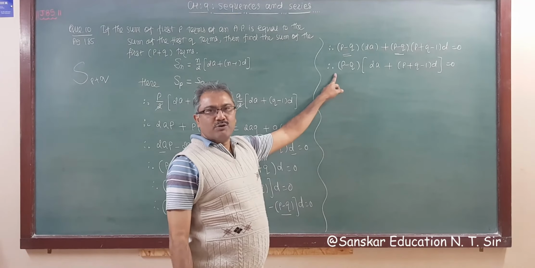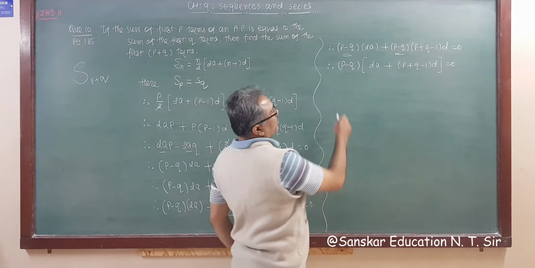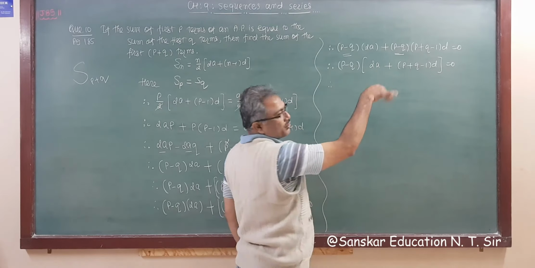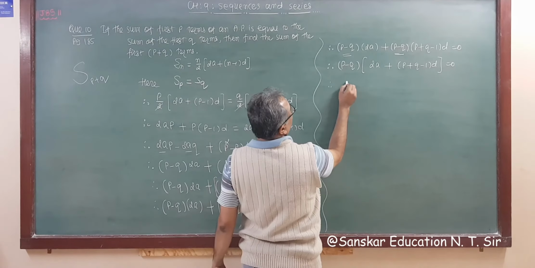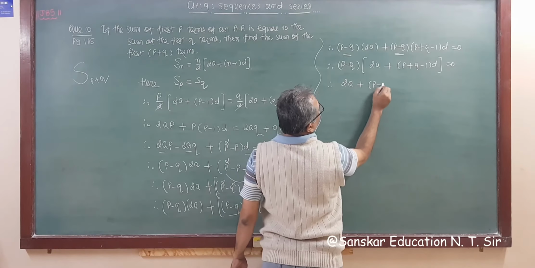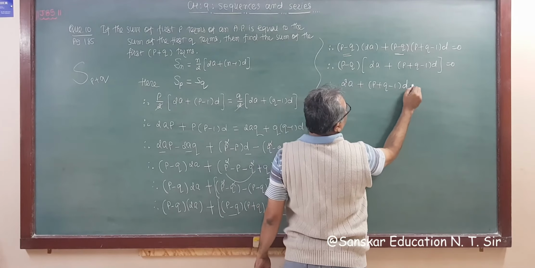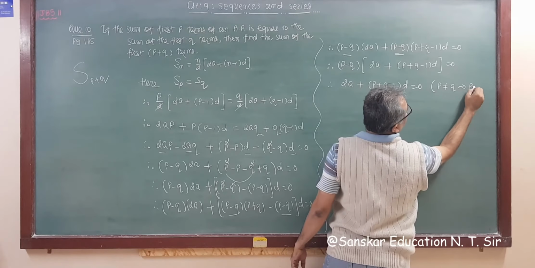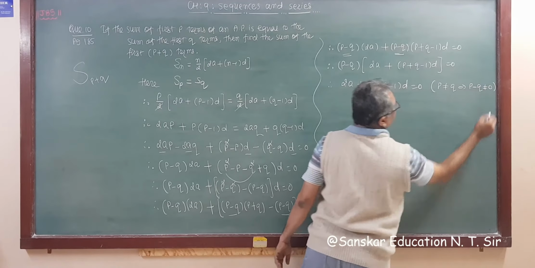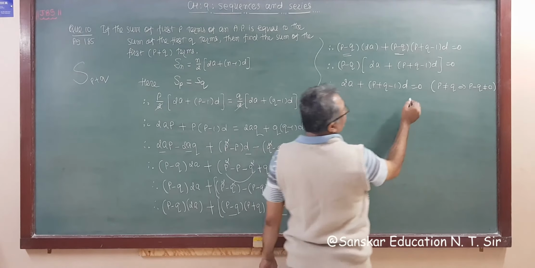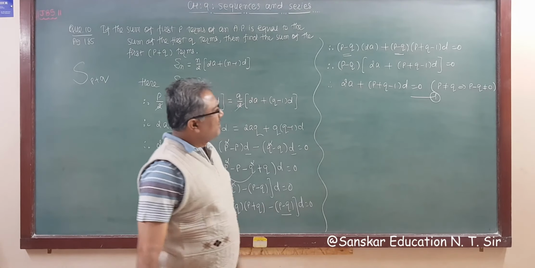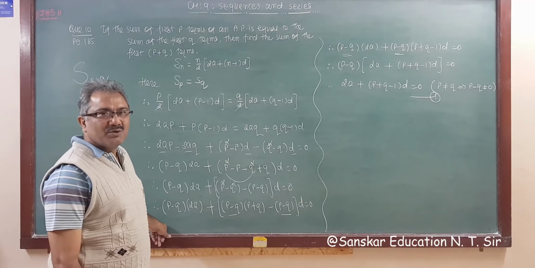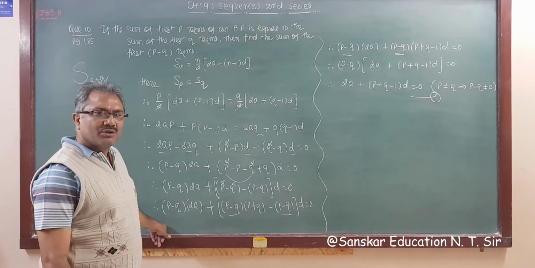But you know p is not equal to q because p and q are different terms. So taking the right hand side, it goes to the numerator, and p minus q is not equal to 0, so we can divide both sides by p minus q. So we get twice a plus p plus q minus 1 into d is equal to 0. Say this is equation number 1, because now we are unable to simplify this equation. हम इसको भी simplify करके क्या करेंगे? कुछ नहीं कर सकते, तो इसको छोड़ देते हैं.